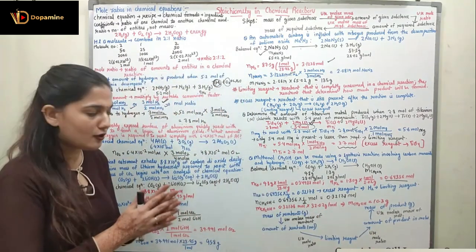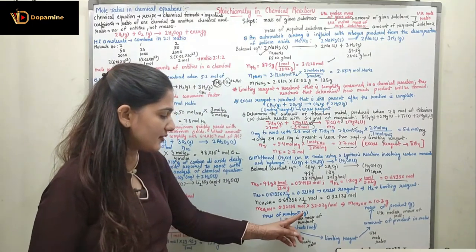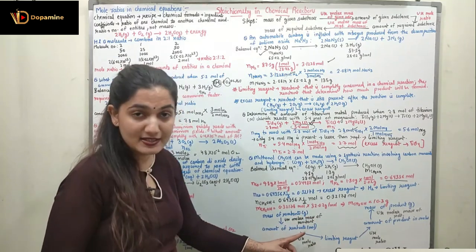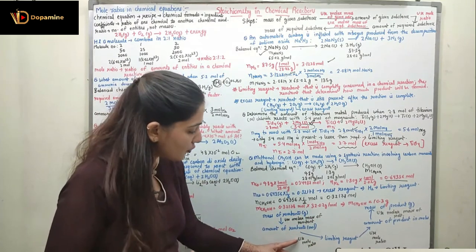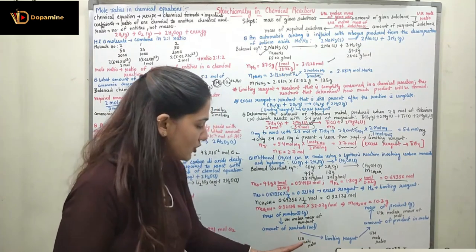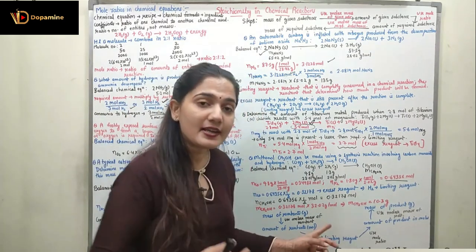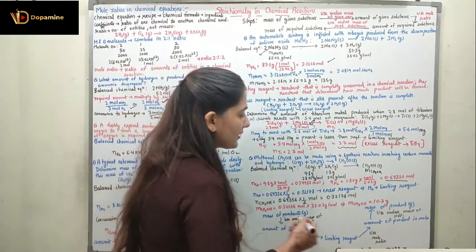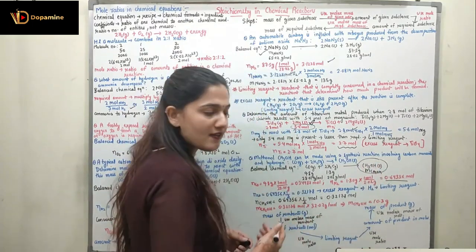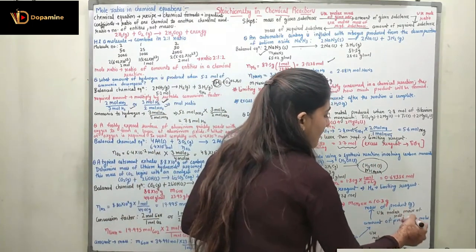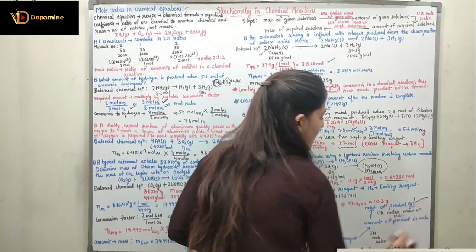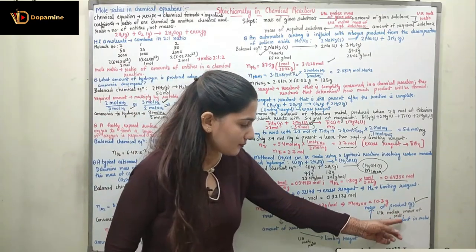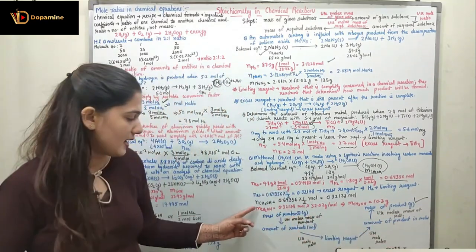So now here if I see all of the steps, first of all the mass of the reactants was given in gram. We use the molar mass of the reactants to find out the amount of reactants in mole. All of the conversions are done in the mole. Then I use the mole ratio to find out the limiting reagent, and again I use the mole ratio to find out the amount of product in moles. So the amount of product in moles, CH3OH moles, I found out, and after that again I use the molar mass of the product to find out the mass of product by multiplying the molar mass of the product by the number of moles to find out the given mass of CH3OH.